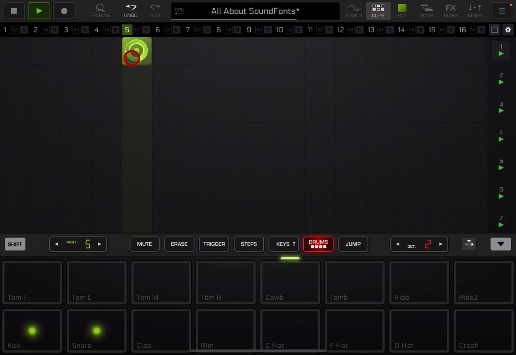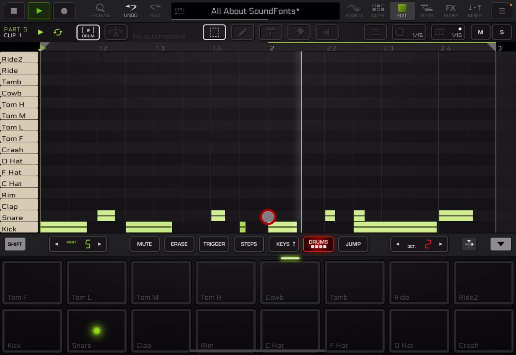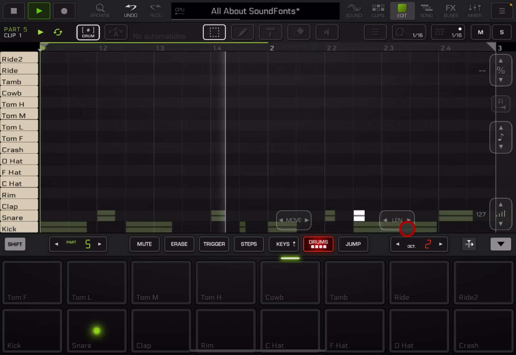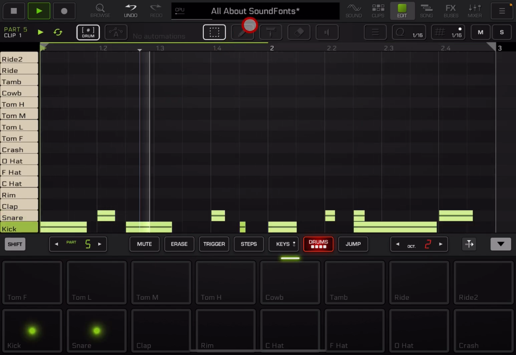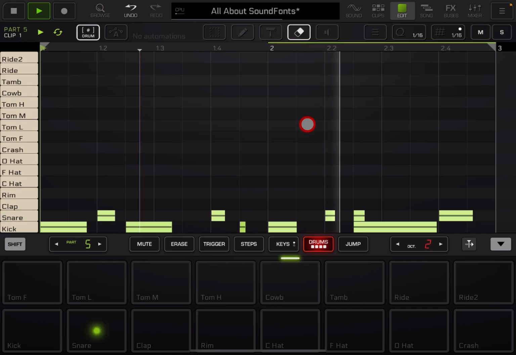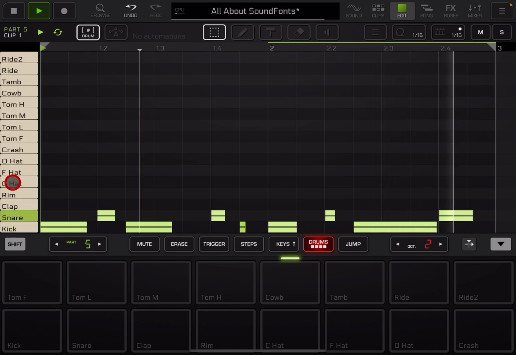And there it is. I'm just going to edit this. Let's have a look. I'm going to delete that one there. Let me go back off there. Let me get my erase tool. Okay. Now I could